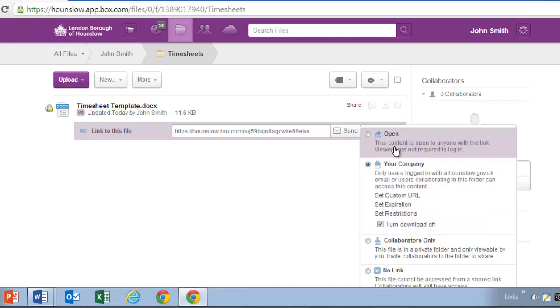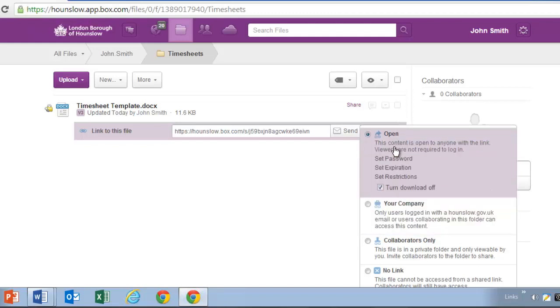The final type of access is open, and anyone can view these links. It is therefore most important to think about the consequences of sharing your information in this way. You can secure open links in 3 ways: by setting a password, again by assigning an expiration where you can either expire or delete the link on a certain date,